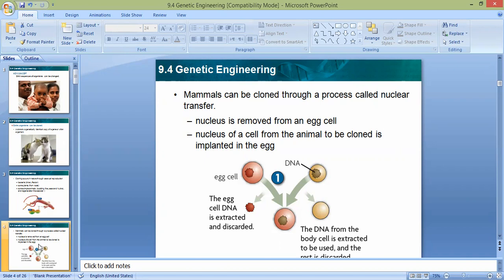and inserted inside the egg. And the egg is stimulated and starts to divide. After a few divisions, it will be implanted in the body of the mother. وبعدين it will grow to an organism with identical DNA of the body cell I take. احنا اخذنا DNA من البادي سيل تاعت هاي الشيب وحطيناها في الاكل، رح يصير انقسام لنفس DNA تاعت البيرنت شيب. Is this clear؟